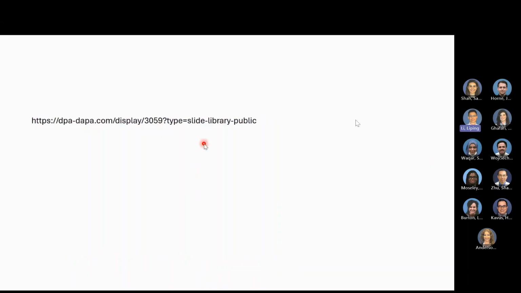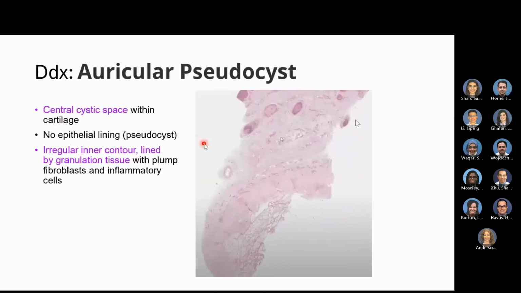So this digital slide, I will go through it later. One differential diagnosis: when the patient comes here, they tell you about tenderness in the ear. One major differential is this auricular pseudocyst. I will talk about this in the virtual slide, but what we can see is in the relapsing polychondritis,